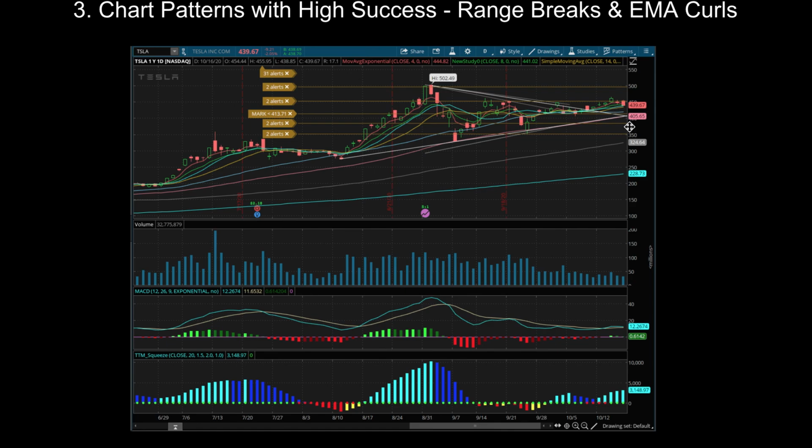So as you can see with Tesla, it tried to break this range several times, but often failed. And you can see that from the MACD and TTM squeeze as well. We issued a Tesla swing trade for the earnings play in the hope that it will break the range. But it does have the risk that this range won't break, because it was tried at least twice. And for this kind of name, I would usually recommend taking profit faster than with names like FedEx,